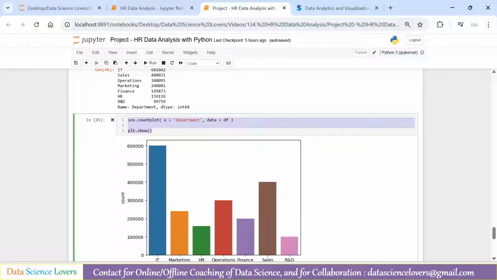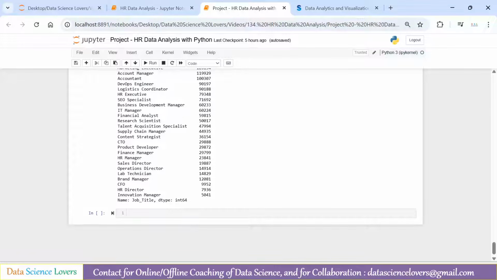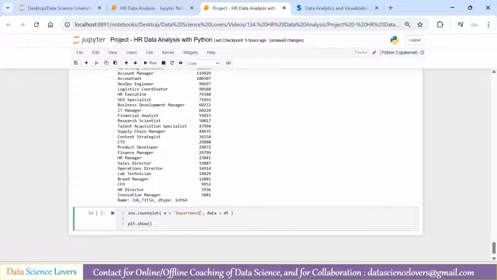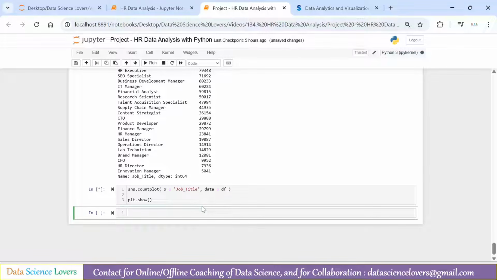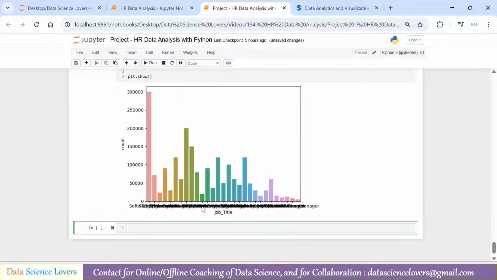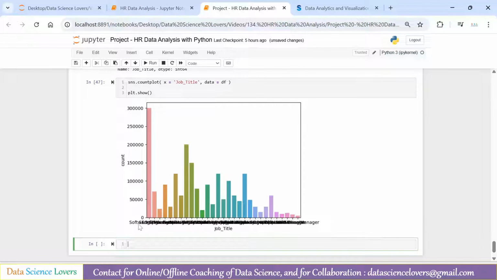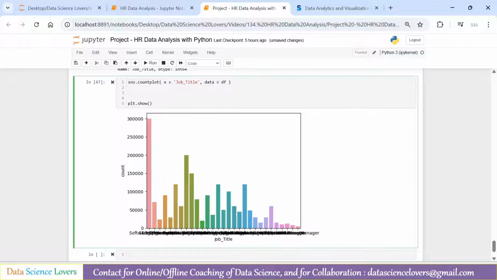Simply I will copy this again and paste here, and this time we will make our x as job title, which is our column name, and when we run this, it will show the output like this. But here we can't read the x-axis labels, means we can't read the job titles, so we have to make it readable. For this I will use the xticks function from the matplotlib library,